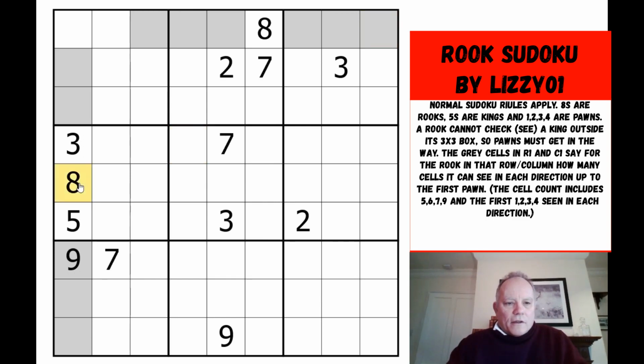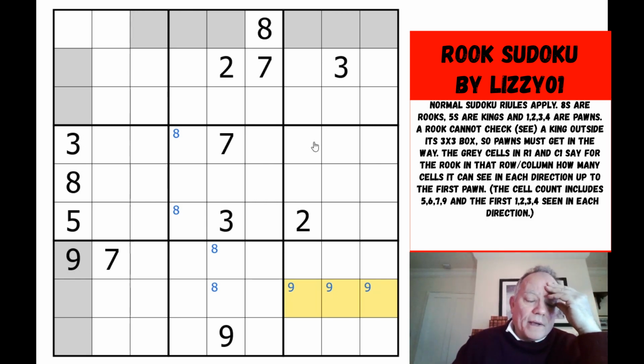So, a bit of regular Sudoku. Look, 8s there and there mean that the 8 or rook in this central box is in one of those 2 positions. And then we have another one down here. And 9 must be over there. There's not much to go on. So let's think about this grey cell restriction. Actually, let's think specifically what numbers can go in the grey cells. I don't think a 1 could ever be in a regular grey cell because